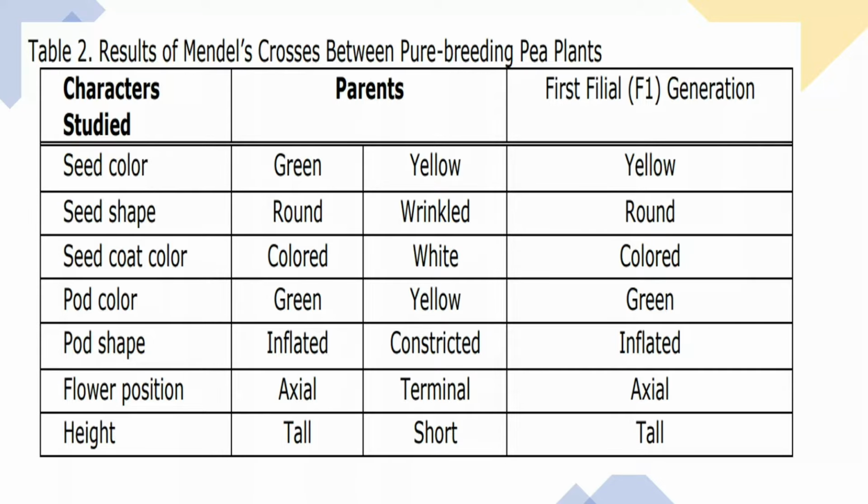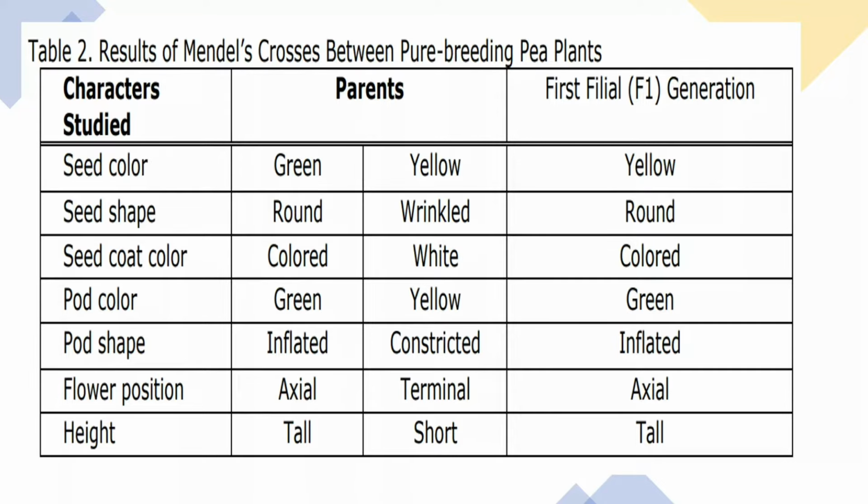So, kung mapapansin nyo dito sa table na to, di ba yung parents, magkaiba yung trait nila. Sa seed color, green and yellow. Pero pagdating dun sa offspring, yellow na ang lumabas. And then sa seed shape, isa lang din ang lumabas. It's either round or wrinkled. So, round lang yung lumabas. At kung mapapansin nyo dito sa first filial generation, isa lang lagi ang lumabas out of the two traits of